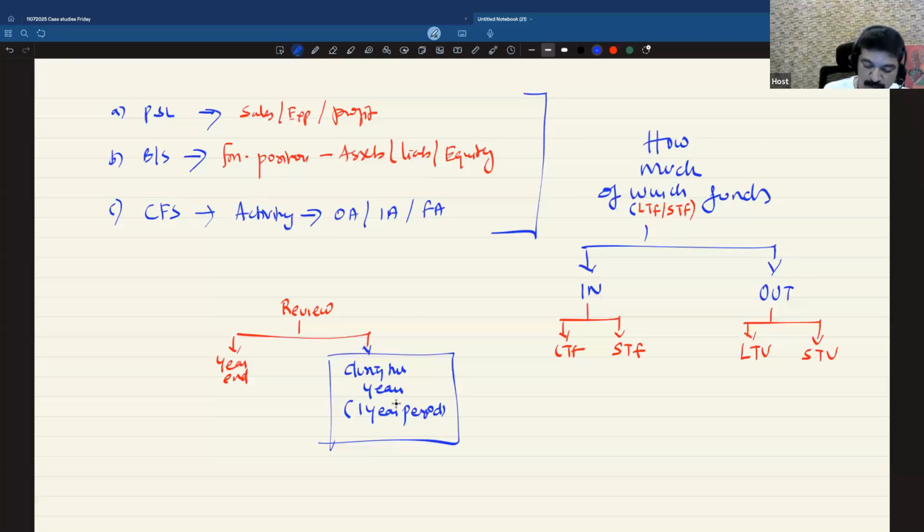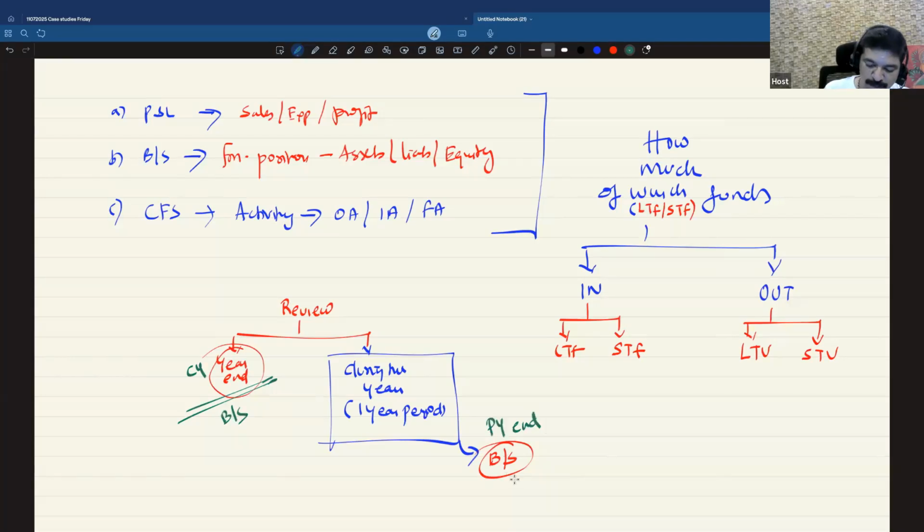Then the question is, how will I get this information? If the balance sheet is not going to communicate that, the answer is you will get it from the balance sheet. What nonsense. Just now I said the balance sheet is going to give only year end, and then I'm saying you need one full year of information. For that also, the answer lies in the balance sheet only. It's simple. You just have to compare the current year end balance sheet with the previous year end balance sheet.